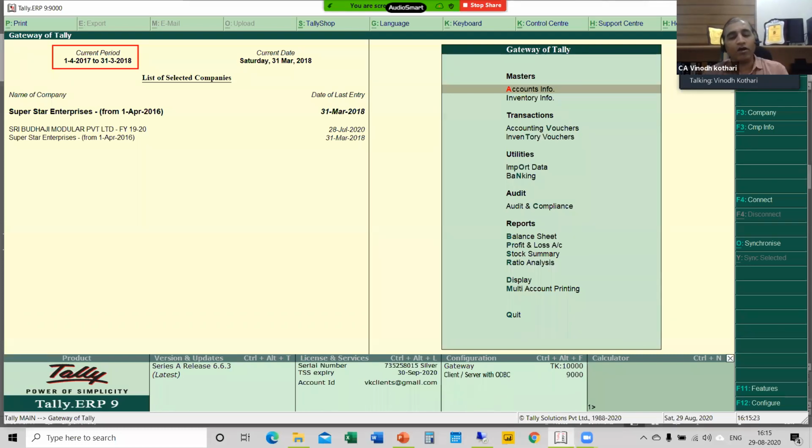Second important thing, in the auditing, the client sends us a backup. Do we do it in that, or in the client's data? Choice is yours, whether you do this audit in the backup file or in the client place. If you do it in the client place, the client has the admin user ID and password. He can access all the audit data, what you are doing, what query is raised by us, and next year when he changes from this financial year to another financial year, that audit data will also be copied into the next financial year.